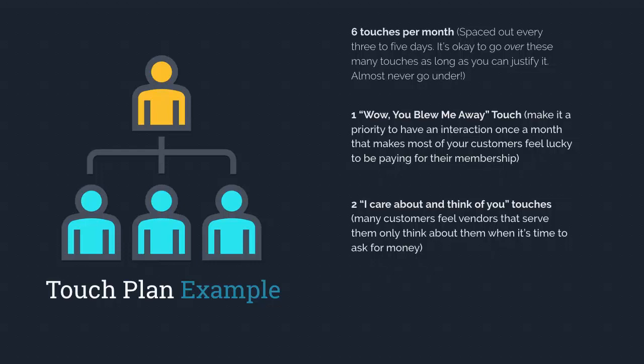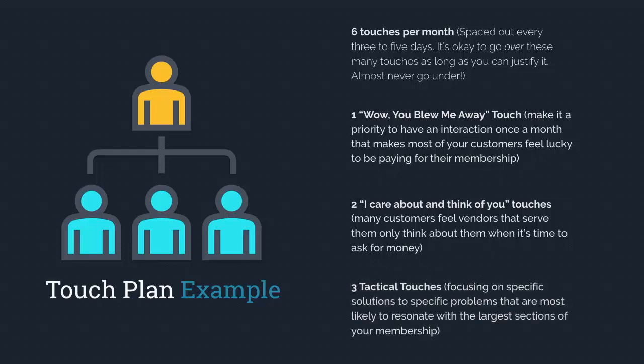So we want to create a situation where we bring in 1 guest expert a month in 6 and 6 that has a cutting edge, wow, you blow me away technique. But we also want to bring in 1 expert per month that takes care of their needs, not just their wants. And kind of frame that in such a way that it shows the customer that we're looking out for you. We're not just giving you the ice cream, but also the vegetables as well, giving you what you want and what you need. And then, you could say 3 tactical touches.